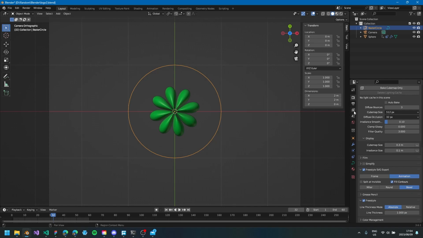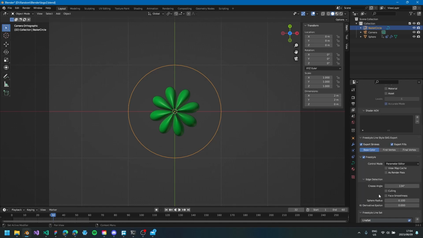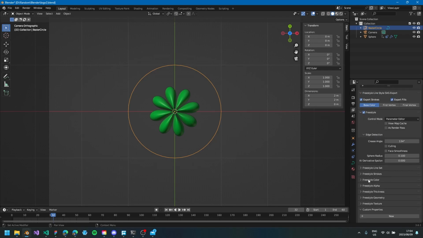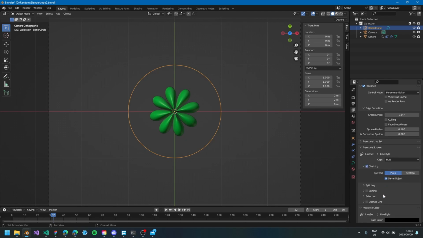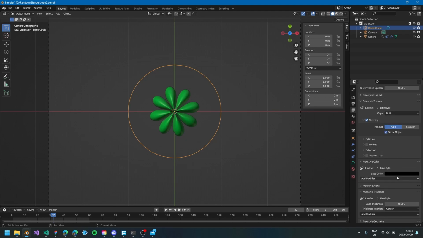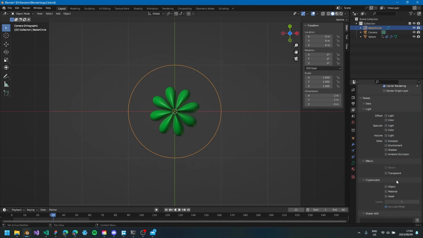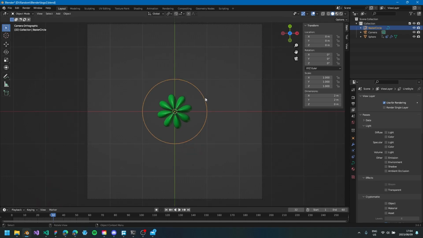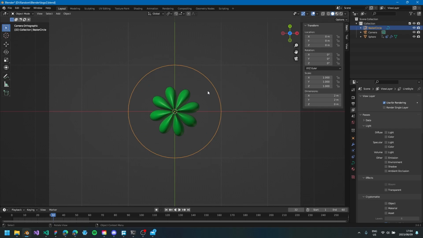And then when you go back to your view layer section here, you can scroll down and tweak all the line options. So the freestyle color, the line strokes, you can set the line thickness. I'm going to set mine to 0 because I don't really want an outline actually. But I also discovered this is a great way to add outlines to your mesh and render, I would say. But yeah, so when I do press render,